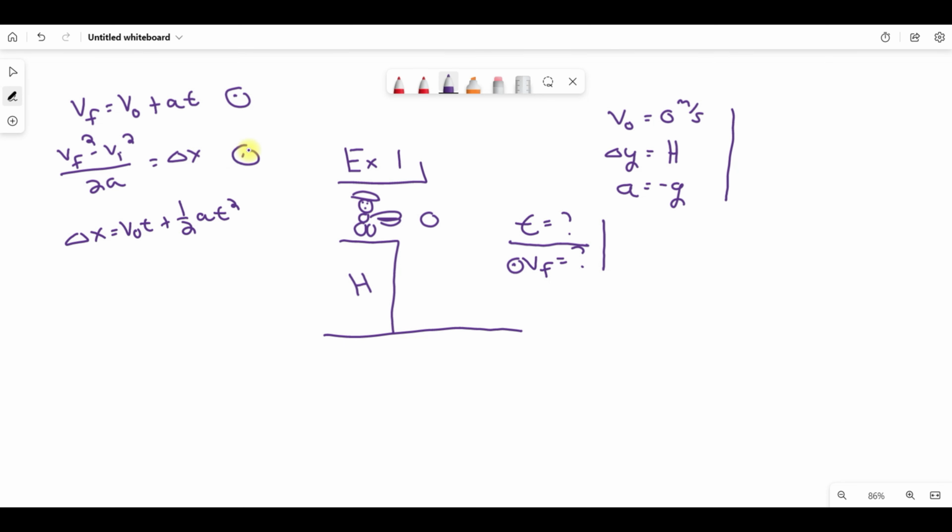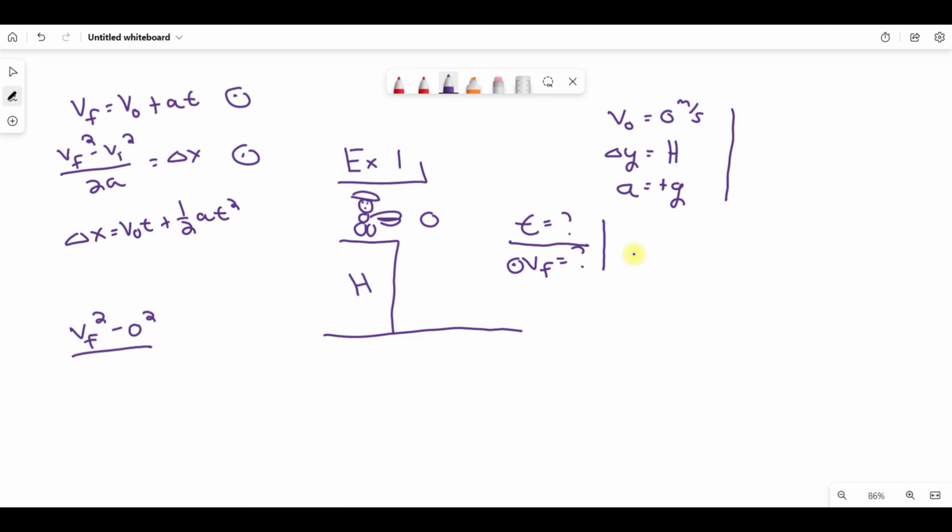Let's go to the second equation. Well, you don't know the final velocity, you know the initial velocity, you know the acceleration, and you know your displacement. So in this case, we know 3 out of the 4 variables in the equation, so we can manipulate it to find the fourth variable. So let's use that equation. We know that we don't know what v final is, so let's do it. V final squared minus v initial squared, which is 0, over,